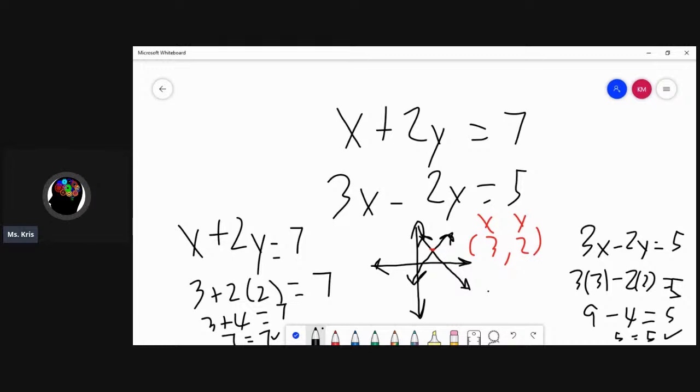Any questions on solving by graphing? You will rarely get to see solving by graphing, but if you do, most likely you're plotting the points, drawing your graph, and looking at what point they touch together. But moving right along,